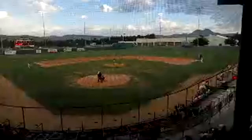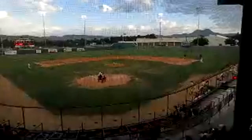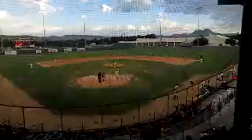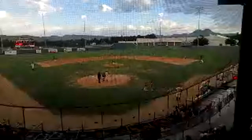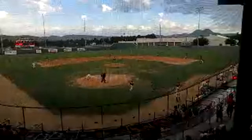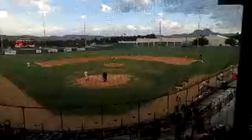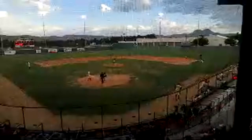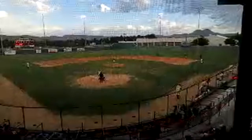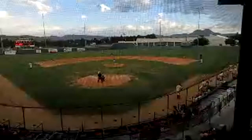Skira looking to get this inning started with 1 out. Bottom of the 5th. There's a pitch. That's fouled back again. What a battle we've got going on. Three balls, 2 strikes. Skira digs back in. Skira's hitting .366